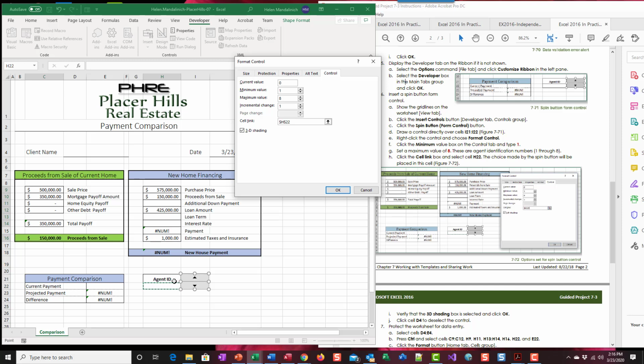So what you're going to do is you have agents 1 through 8. So you're going to use this to scroll through that number. Okay? So that's all we're doing, a nice way to control that when somebody's entering the agent number, they can just do the numbers that are assigned to agents. They're not going to put something in error. We want a 3D shading,